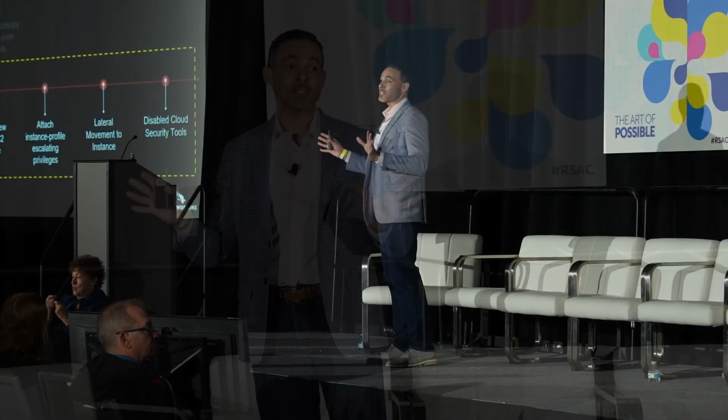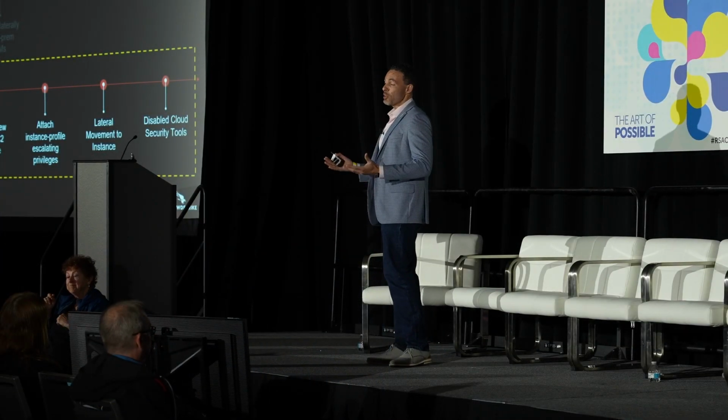So think about this. The adversary knows that environment better than the actual victim. This customer, unfortunately, didn't necessarily have certain capabilities turned on. They had a lot of misconfigurations, and once this group logged in, they really knew how to gain access. That was an interesting approach, because it also sets the stage for this: if your teams aren't aware of all the little bells and whistles and misconfigurations within these cloud services, these adversaries know them. They're learning them.